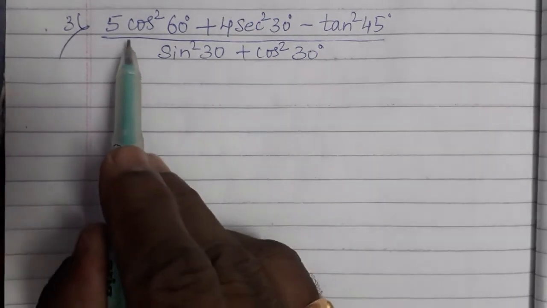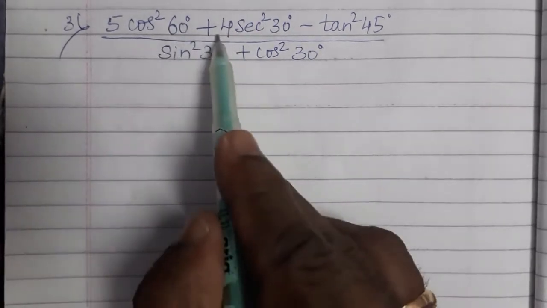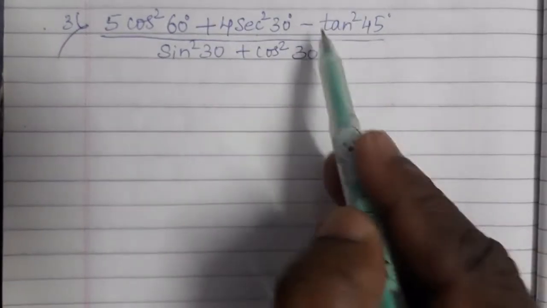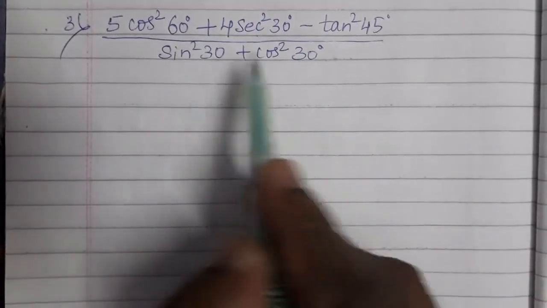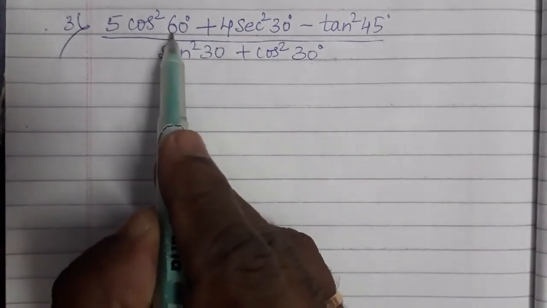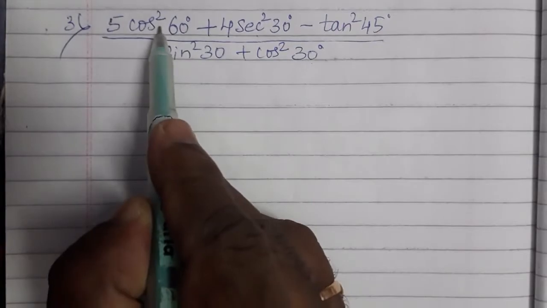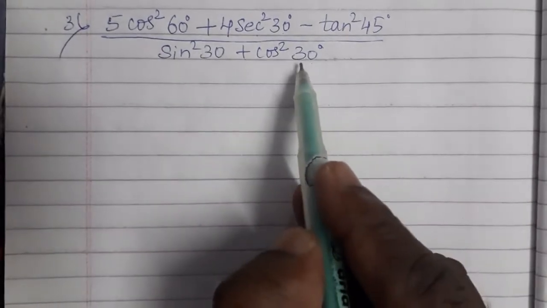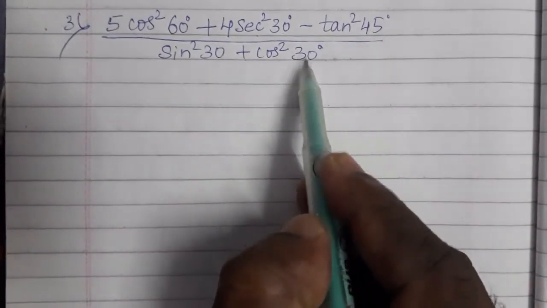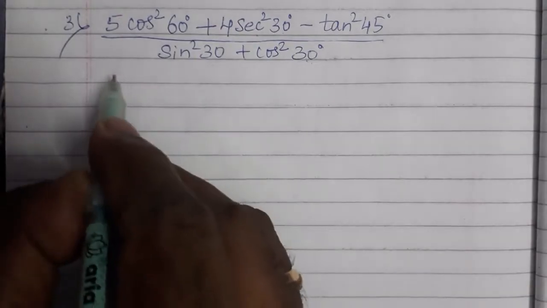One more sum. 5 cos square 60 plus 4 secant square 30 minus tan square 45 divided by sin square 30 plus cos square 30. Cos square 60 should be squared. Secant 30 value should be squared. Tan 45 value you have to square. Sin 30 you have to square. Here cos 30 value you have to square. First 5